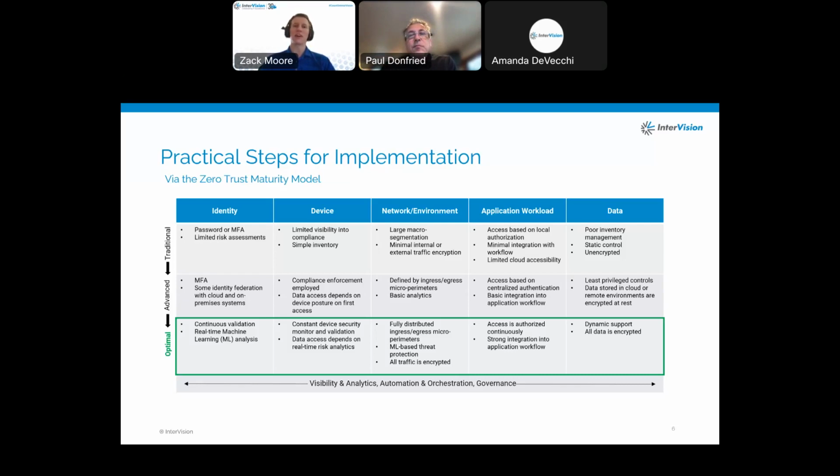So actually the ROI from the productivity savings of implementing Zero Trust for customers on Zscaler was greater than